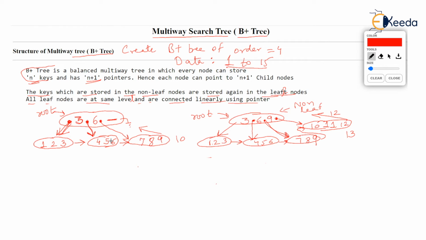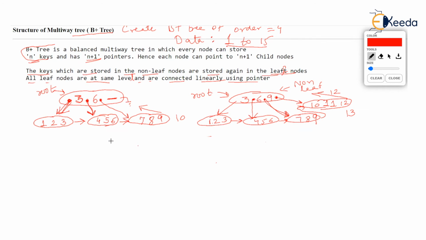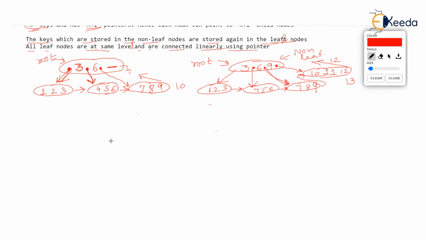So what is the new tree that we are going to get? See this. If 12 goes to the root node, 12 should join after 9. Keep watching the tree. 12 should go after 9, isn't it? But it can't, because root is full. So 9 will be propagated up. That's the median now, isn't it, in the root? So 9 is propagated up to become new root. So the tree that we have now is 9 is the root.